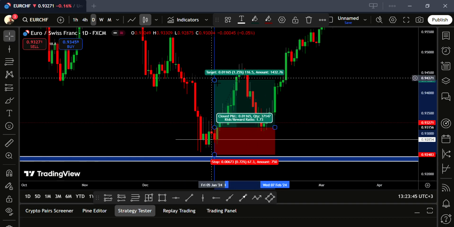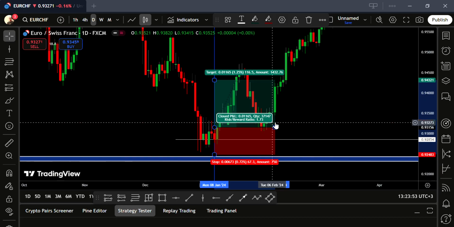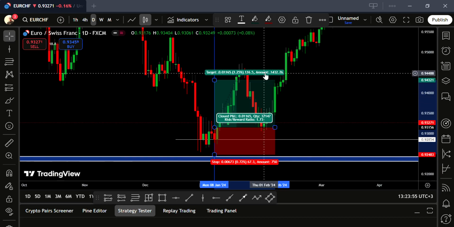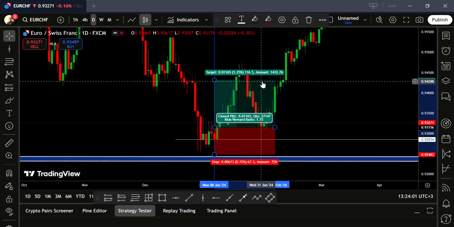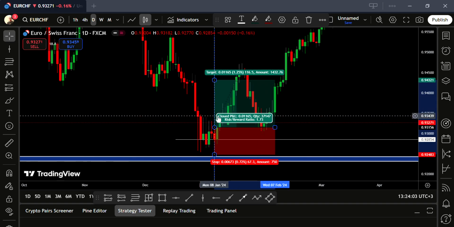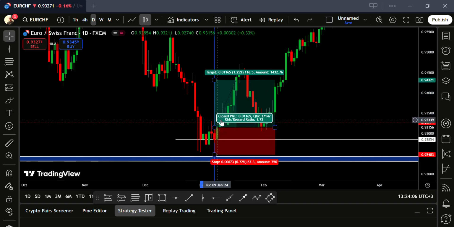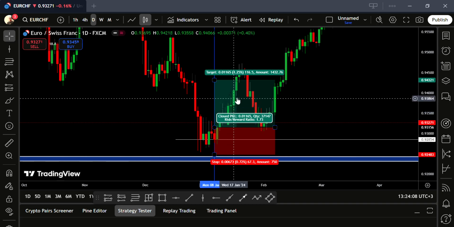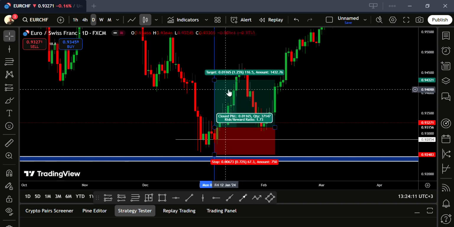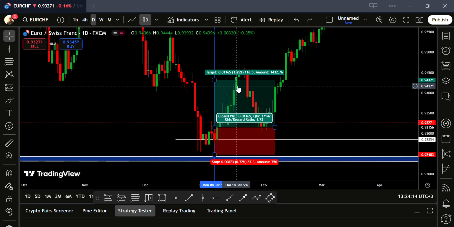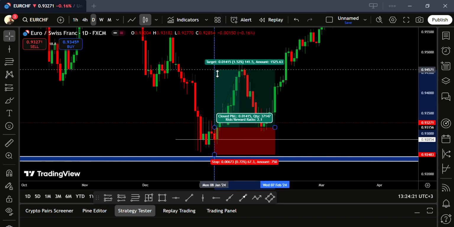So you're going to have two entries here, but your first target will be here. That is 116 pips. If you enter a lot size of 0.1, that is $116. If you enter a lot size of 1, that is $1,100. So how long will it take you to make that $1,100? That is 1, 2, 3, 4, 5, 6, 7, 8, 9. No, 8 days. That is 1 week, and you make your clean $1,000 in 1 week. 7 days, guys. And if you could hold it for long, you could get up to